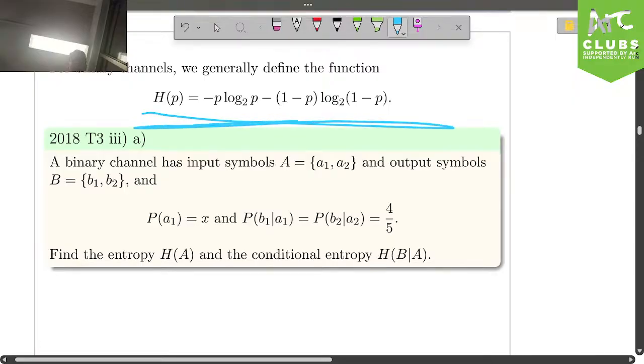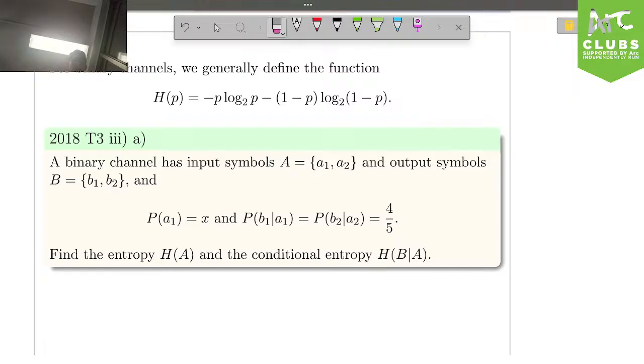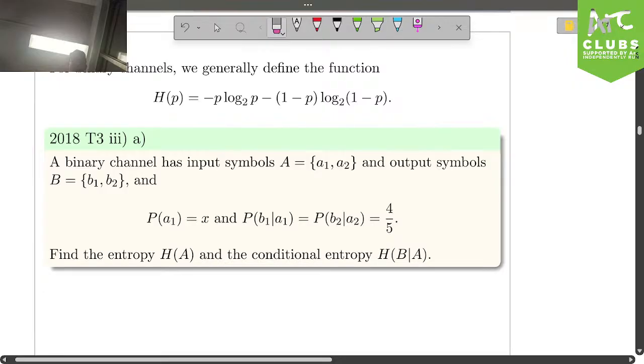Just note that this function, which I believe Thomas usually gives you in your test or tells you to define, is going to be quite useful for using the chain rule to maximize the mutual information later on. So be mindful that in the binary case, if you know the probability of one source symbol, that would be probability P. You would say this is one term of the entropy, and the other term would be 1 minus P, because that's the probability of the other symbol. So this would be your total entropy of, say, A, if A had probability P for the first symbol, and 1 minus P for the second.